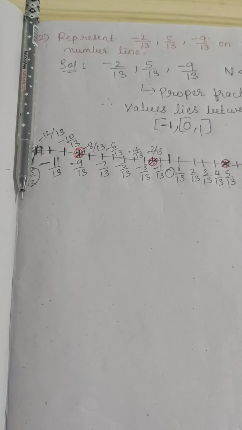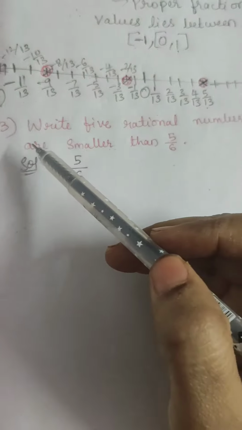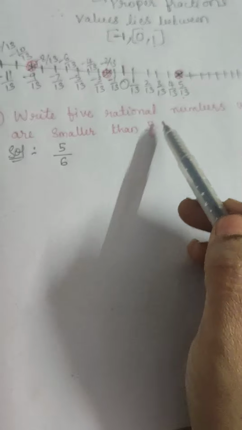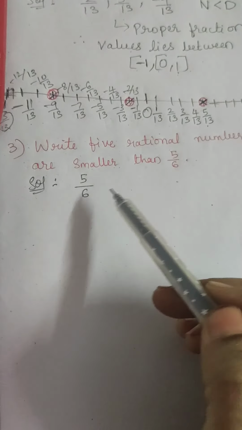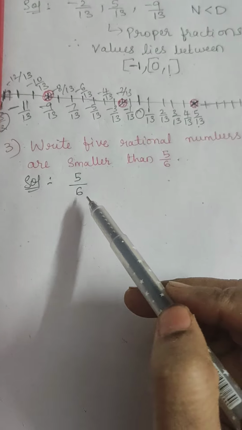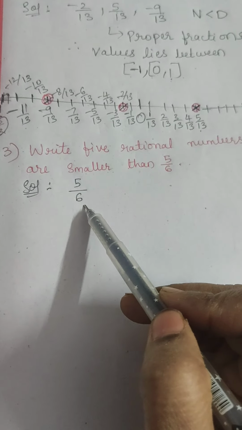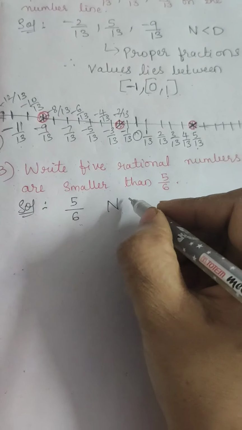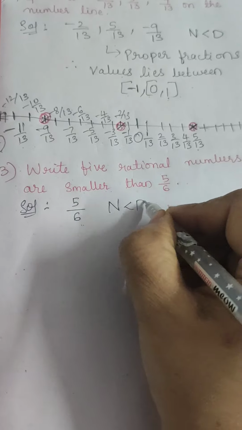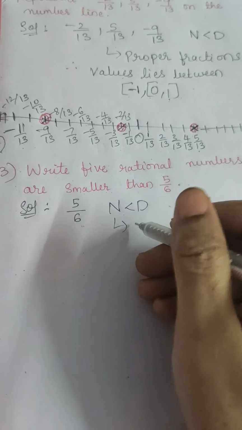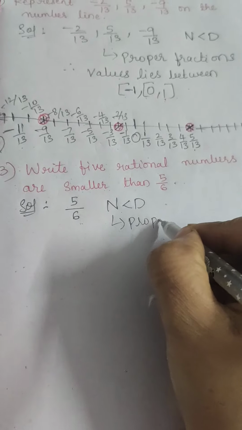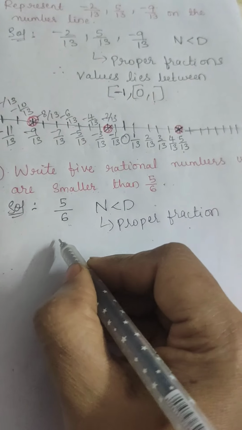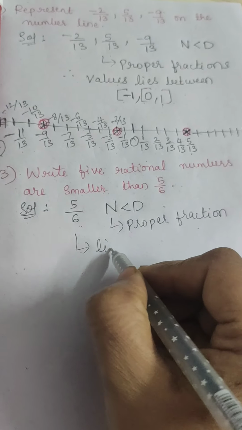Next we will see the third one. Okay children, question number 3. Write 5 rational numbers which are smaller than 5 by 6. Here we are having number 5 by 6 and we should take 5 rational numbers which are smaller than this number. By seeing this number, we can observe that numerator is less than denominator. So this is again a proper fraction. For a proper fraction, as we know, the value lies between